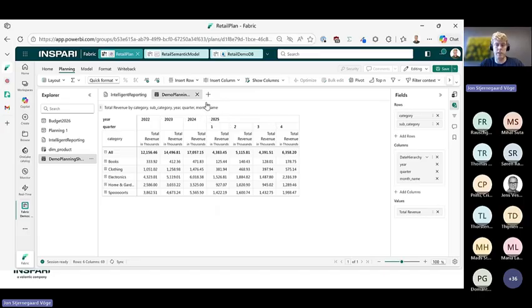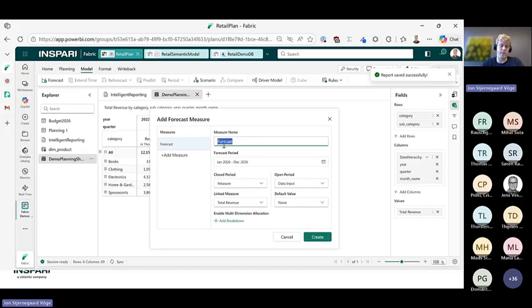So just to get us started with that, if you go into the modeling part of this tool, as long as you're working with a proper date dimension, you'll have the option to click this forecast button. This one will be grayed out if you don't have a proper date dimension. It needs to save before I can do that. And I can create, say, a revenue forecast. I could say revenue 2026, and the period should be for the entirety of 2026.